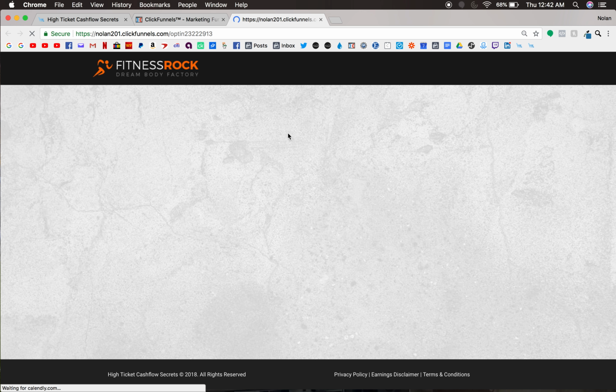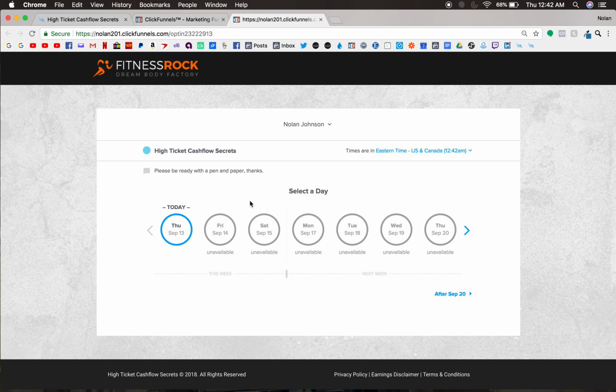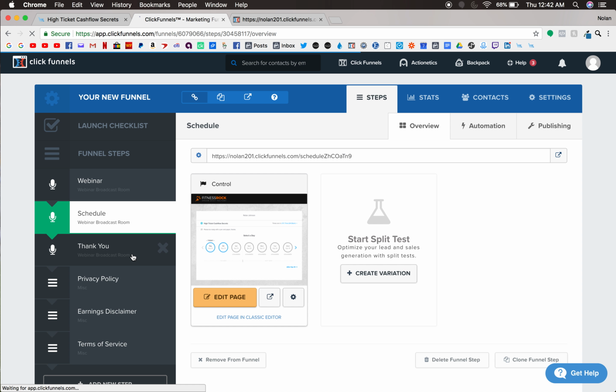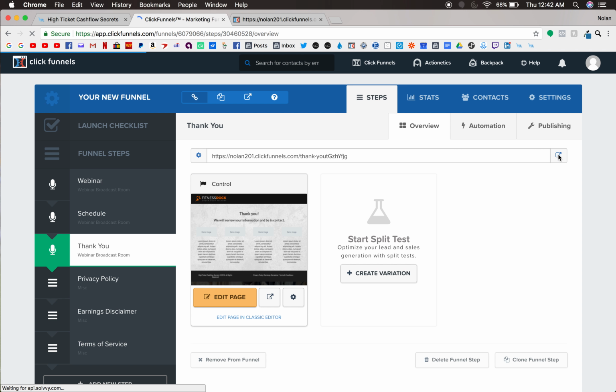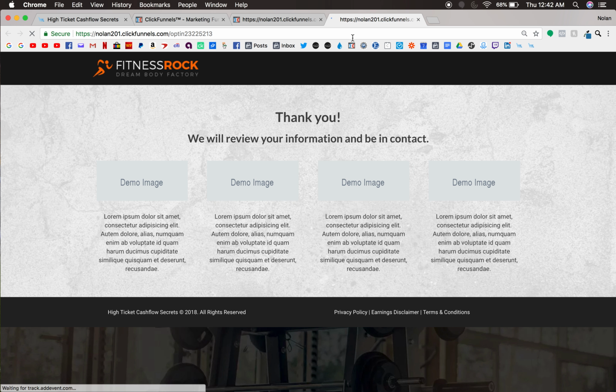And one thing we can do is just test this out and make sure it works. Just pick a date and time, fill it out. And then one more thing we do have to do is take this thank you page URL and put that in the Calendly widget. That way when they schedule, it forwards them over to this page. So you're going to grab this URL right here,